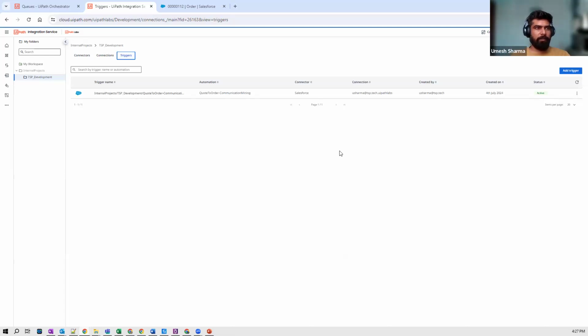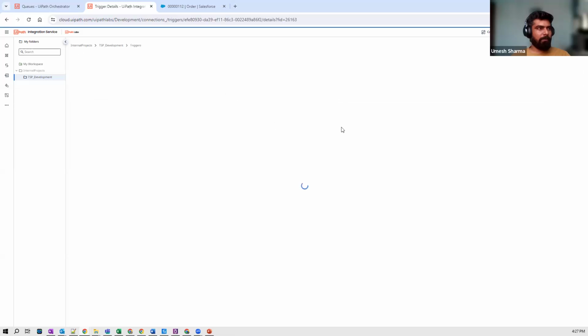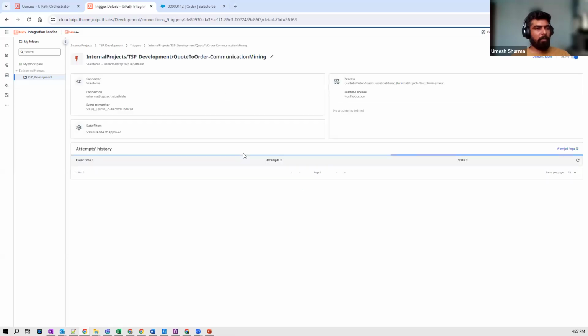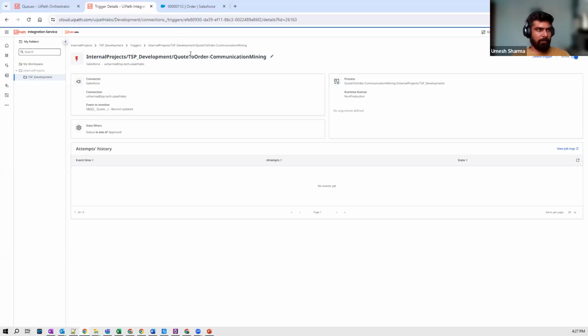Also, just to give you an overview, as was described earlier, the bot can read any email notification coming in any inbox. Similarly, since we already have the connector established, we can also put a trigger so that whenever we receive any quotation approval, the trigger that we have created here uses this event. So whenever we have a quotation record update wherever the status is approved,